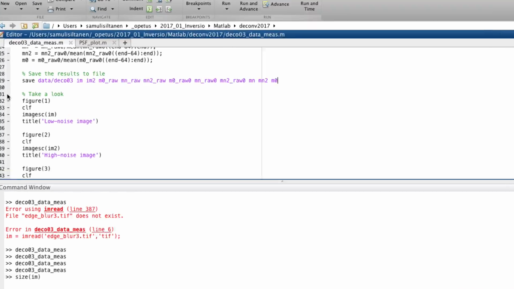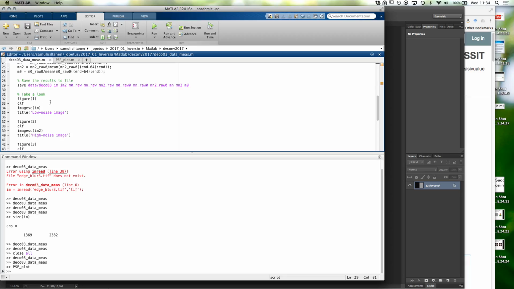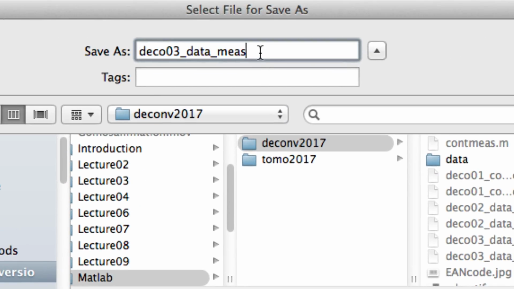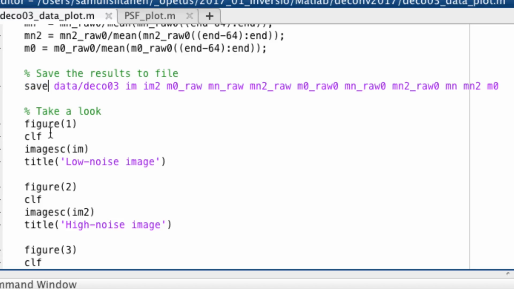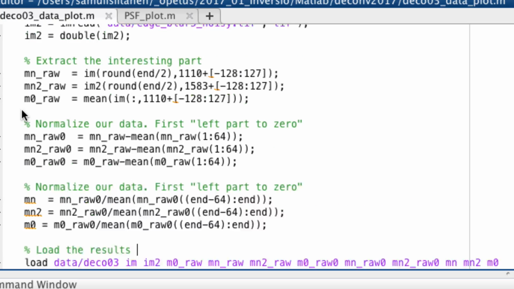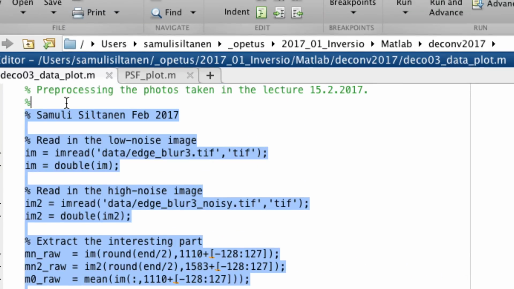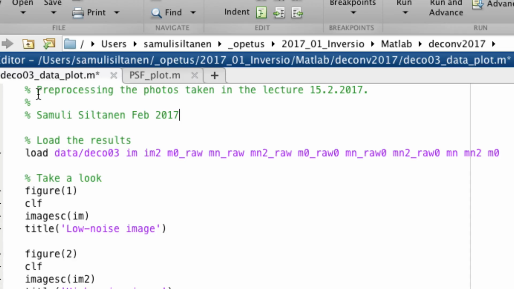So if we save those things to file, and actually then we should have something like data plot. Did I just save it or not? Maybe I did. Yes. And here we should actually just load the data, and we should not have this stuff at all. Here just show the results